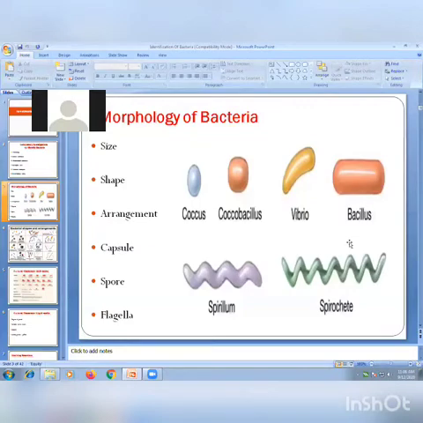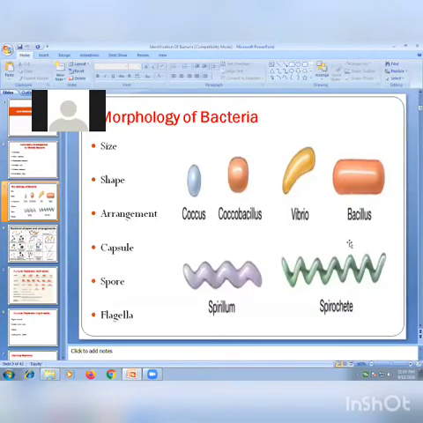Then in case of bacilli also, it may be single, it may be in pairs, or it may be in a chain, called streptobacilli. Generally the bacilli are arranged singly. One more thing remains in the arrangement: in case of Corynebacterium diphtheriae, cuneiform or Chinese letter arrangement is generally observed, and that Chinese letter arrangement is useful for early, rapid diagnosis of Corynebacterium diphtheriae. So definitely the study of arrangement of bacteria is useful for identification.